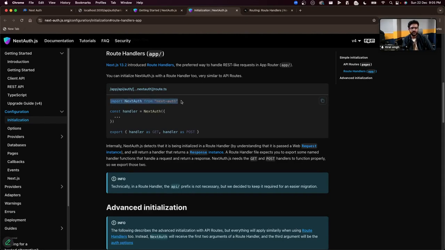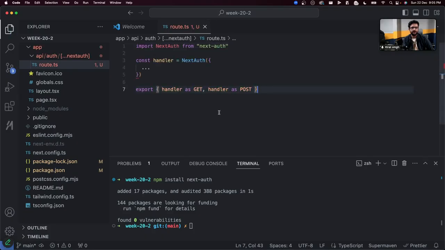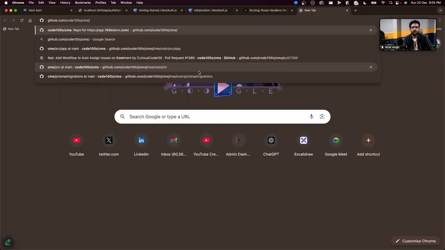Import NextAuth from this, const handler equal to this, export handler as GET and POST. Any Next.js project that you look at that uses authentication using NextAuth, the same structure will be there. Let me show you a few. If you go to